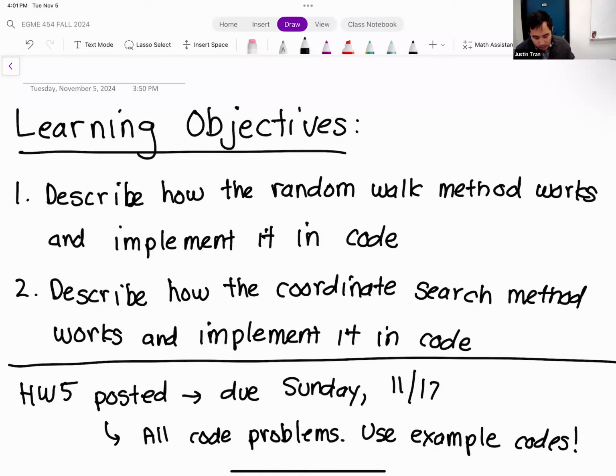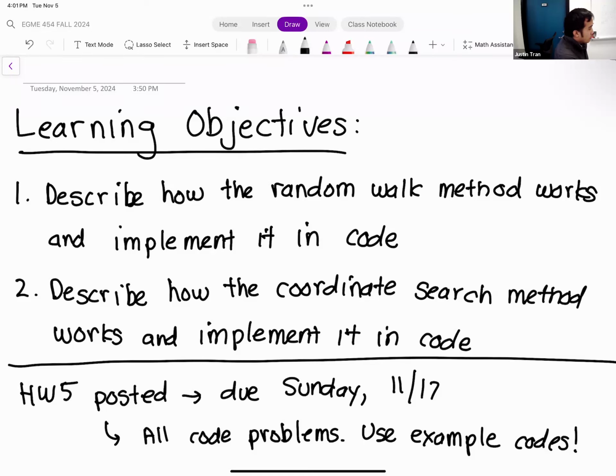Okay. Announcements. Homework 4 you turned in at the end of last week. Homework 5 was just posted this afternoon. You have a little less than 2 weeks to do it. It is due on Sunday, November 17th. That's not this Sunday, but the following Sunday. The majority of the problems on this homework are going to be MATLAB implementation problems. There's a short answer question that you have to answer first, but everything else is going to require code, right?